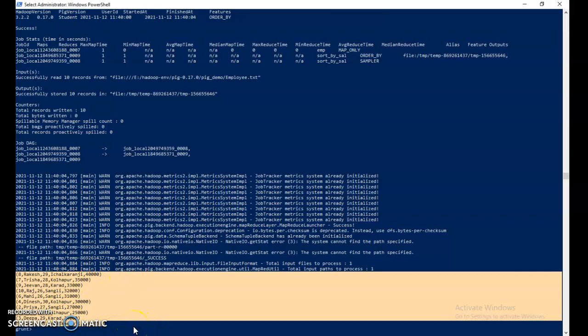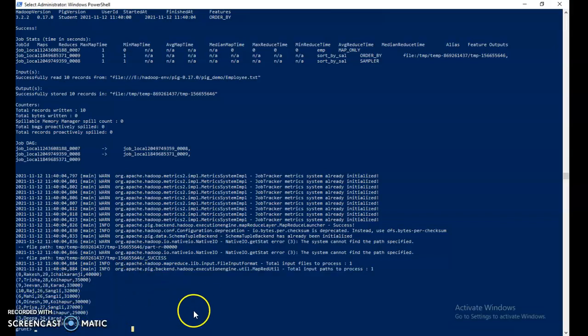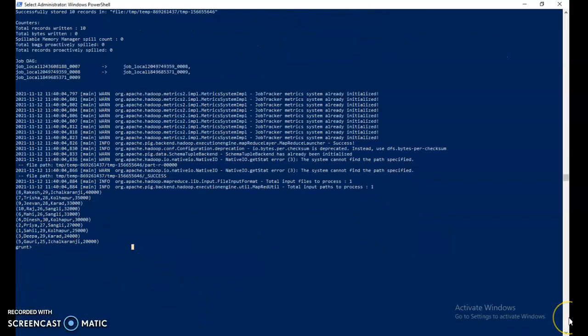Now we have to print the top 3 records, and the command is limit. We will save those top 3 records in the top 3 identifier. The command is limit.